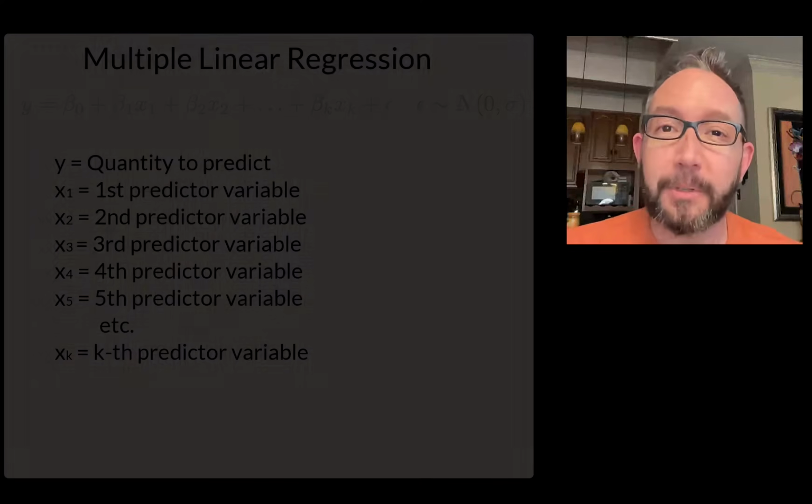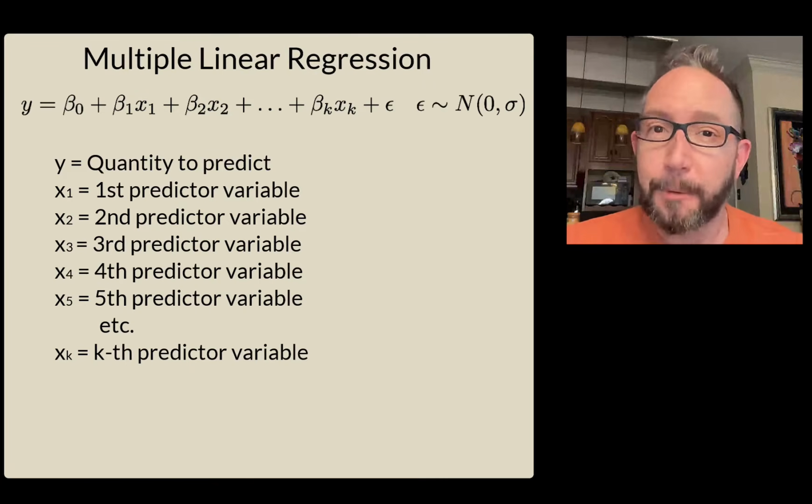But you know what's better than predicting the household expenditure from one variable? Predicting it from two variables. Predicting it from three variables. Predicting it from four variables. Predicting it from five variables. Bananas. Peanut butter. And that's going to be the job of multiple linear regression, where we have multiple potential predictors